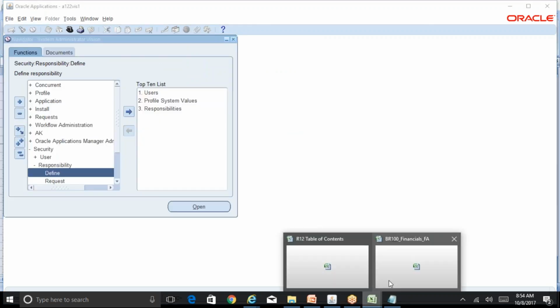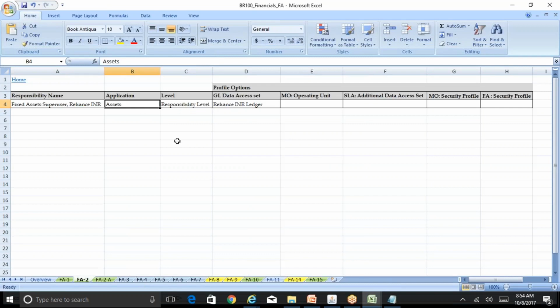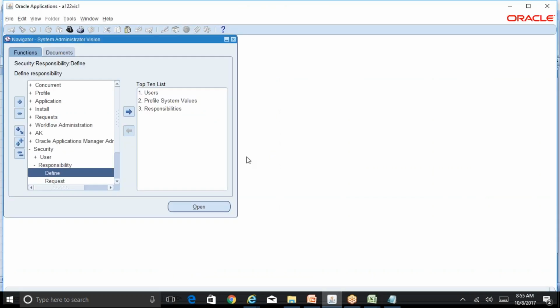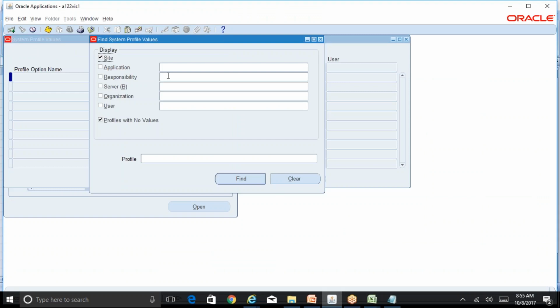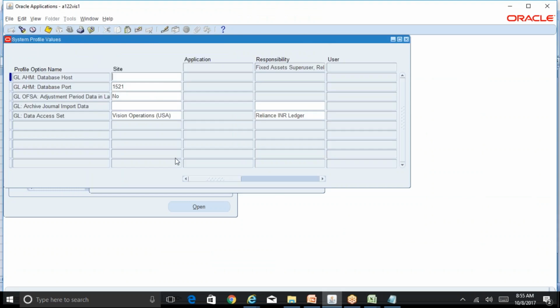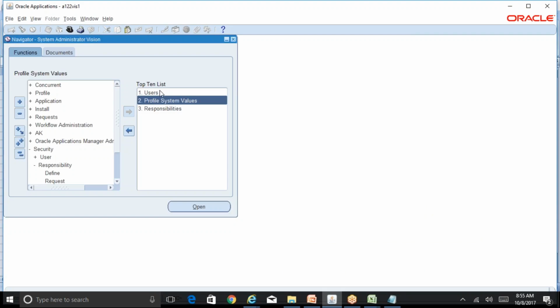So first thing is creation of the responsibility. Second thing is assigning of the profile option. There is only one main profile option, which is the ledger. As it is not related to any kind of operating unit, there is no requirement to go for MO operating unit. Straight away enter the GL data access set, which is Reliance INR ledger. Third step is assigning of this particular responsibility to my user, which I had already